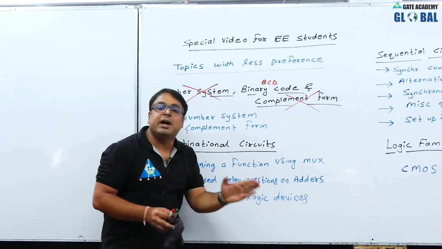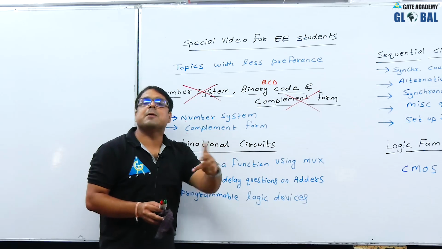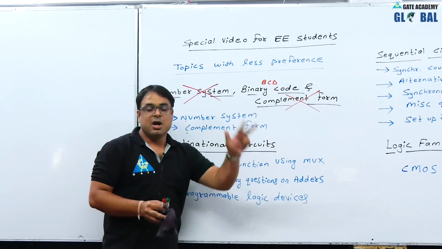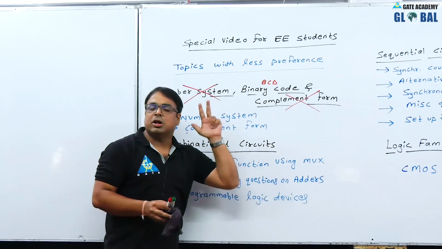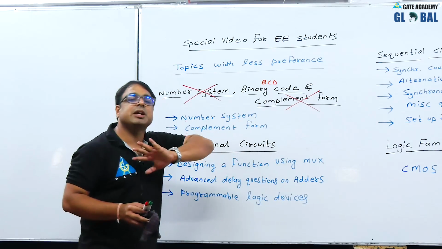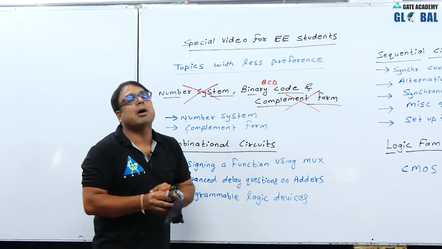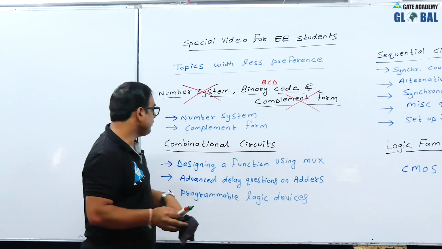See, chapter number 1, 2 and 3. Logic gates, Boolean algebra and K-maps, nothing you can skip. You have to study in detail all the 3 chapters 1, 2 and 3. In 4th, you can almost ignore the complete unit except for some basic information about BCD codes.